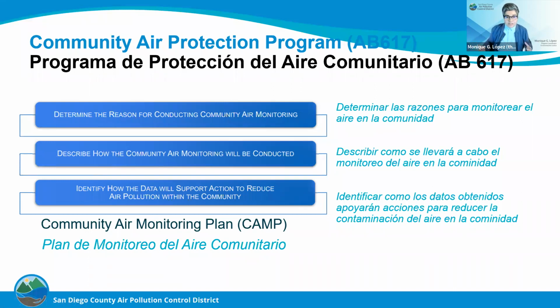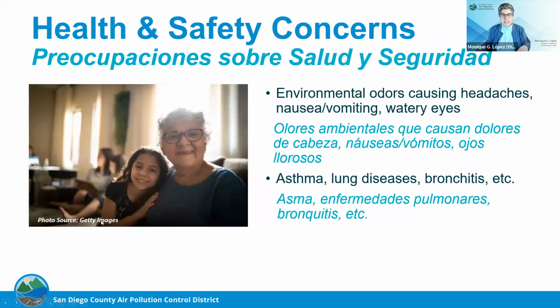Where are we going to monitor? And why are we going to monitor those different sites? A lot of our conversation today is going to revolve around helping inform the how, where, and why of the monitoring program. Some of that is overlapped in the CERP, the Community Emissions Reduction